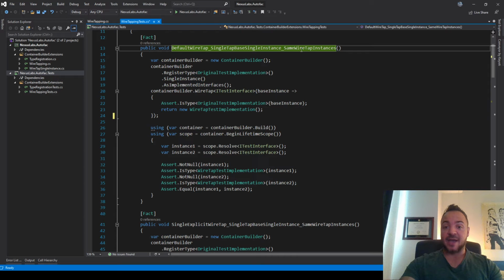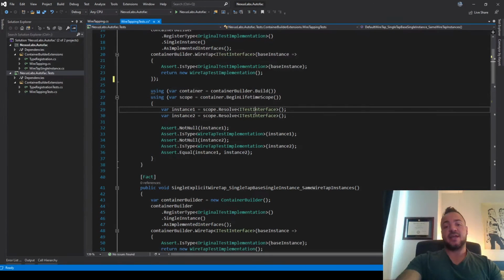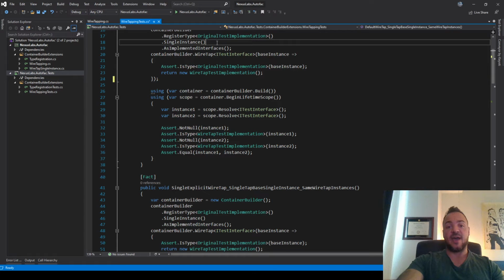So in this particular test, we actually try to resolve iTest interface twice. And if we weren't doing any wiretapping at all, what we would expect, because Autofac has marked this as single instance, is that instance 1 and instance 2 will be the exact same instance. It's not just the same type, it's literally the same reference. So we'd be able to test that.